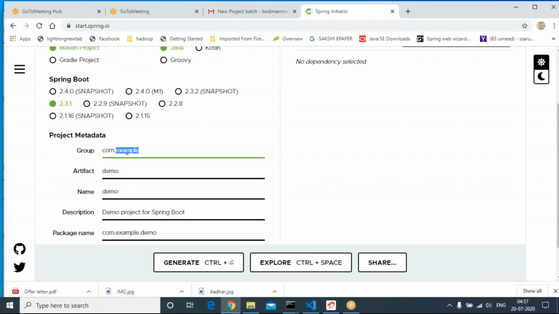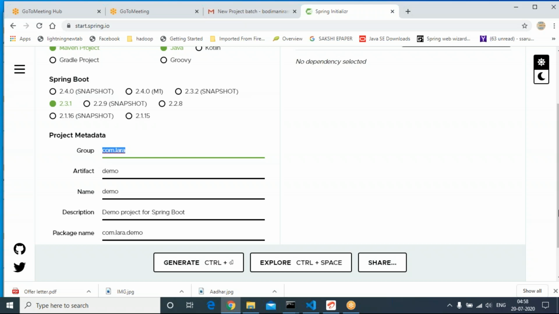Then project metadata. Under group, you can mention any group name: com.company name or org.organization name, generally the group ID or group name. The same group can be used for multiple applications of the same company.